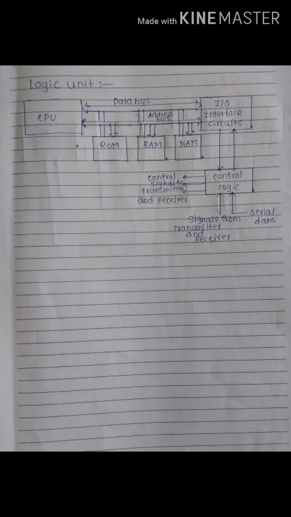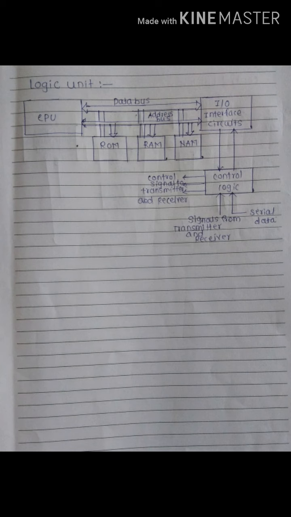signals transmitted and received from and to the mobile switching center, and it checks the received signal strength. It uses the RSSI signal, that is received signal strength identification, and according to that adjusts the transmitter power level. All this data is communicated between the control circuit and the mobile switching center at a speed of 10 kbps, and this data is sent on control channels only. This is the function of the logic unit.